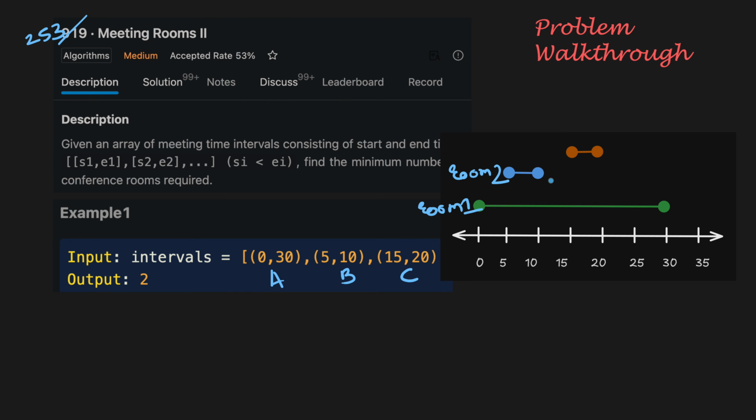Finally, we have meeting C, which runs from 15 to 20. When it starts at 15, room 1 is still busy with meeting A. But let's check room 2, and we can see that it is free because meeting B already finished at time 10. So, meeting C can reuse room 2, and in the end, we needed a minimum of 2 rooms to hold